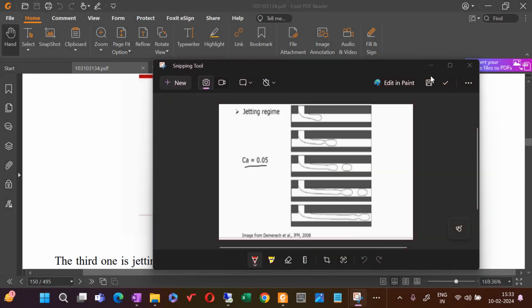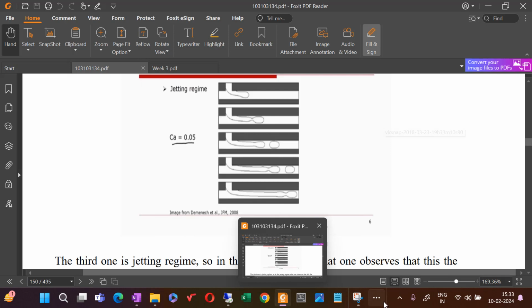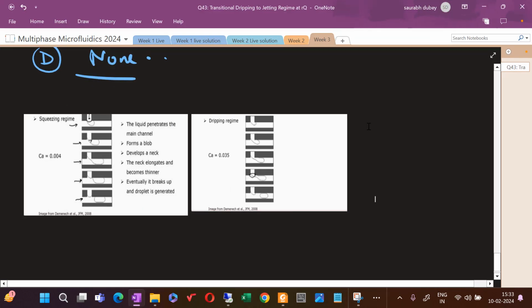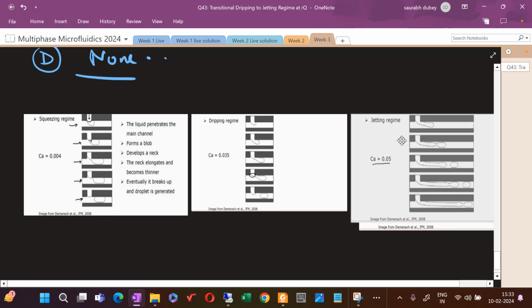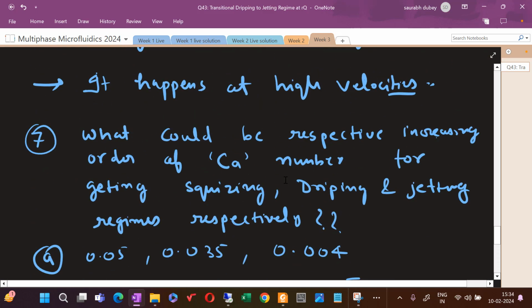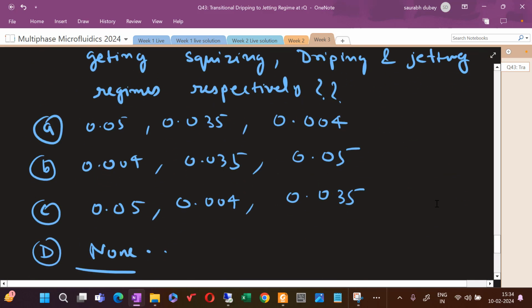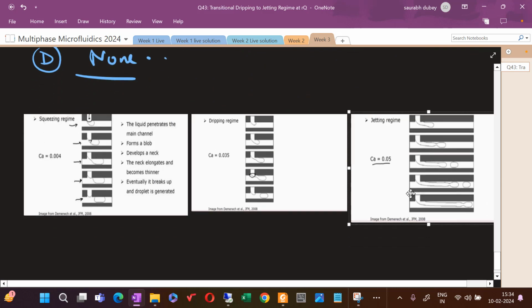And this jetting regime, if you see, is the one that is at a very high capillary number. So which of the following is correct? It is squeezing, dripping, and jetting. So jetting happened at very